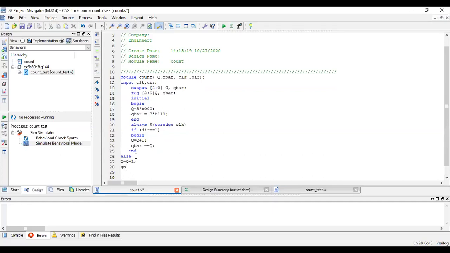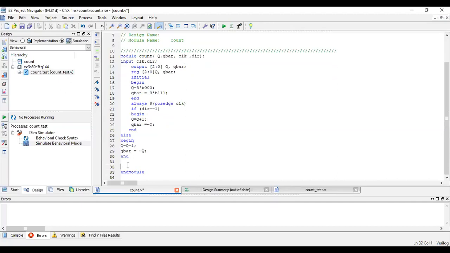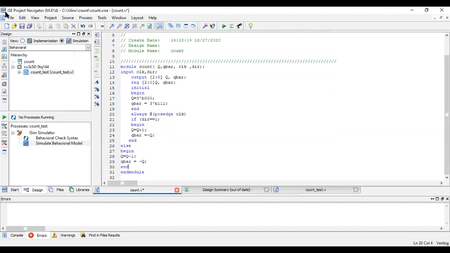Again, Q bar is not of Q. This is the same thing. Q bar is not of Q. End. Multiple statements, so I need a begin and end. And let us see how this is working. Save. So I have one more input, direction.